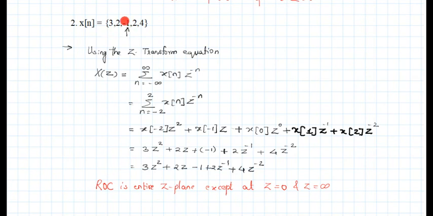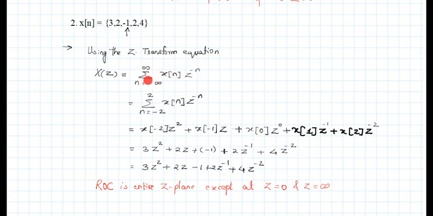Definitely all the samples on the right hand side are located at positive time instants, and all the samples on the left hand side of the arrow are located at negative time instants. So we have a total of 5 samples, right? -1 is the sample located at 0, whereas samples 2 and 4 are located at positive time instants, and samples 2 and 3 are located at negative time instants. With this understanding of the given input signal, we can easily write the Z transform limits, because the range of x[n] governs the limits of the Z transform.